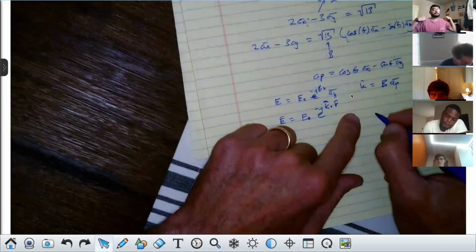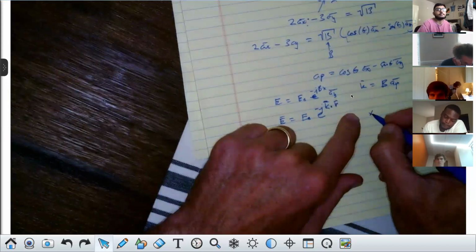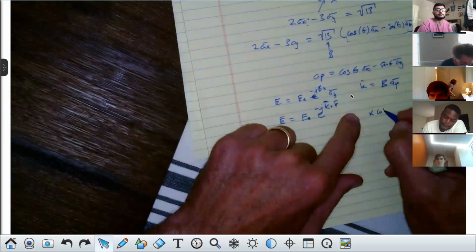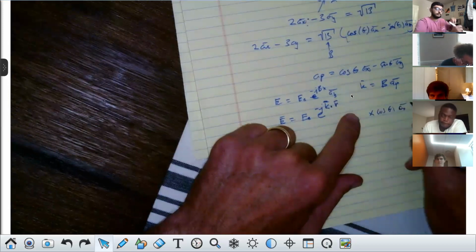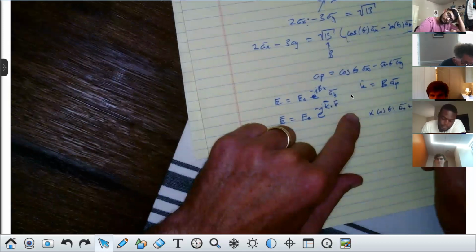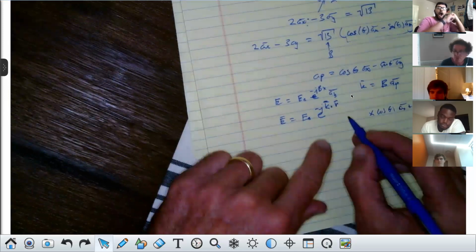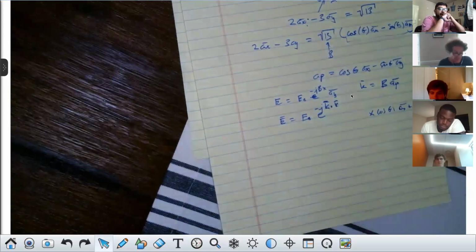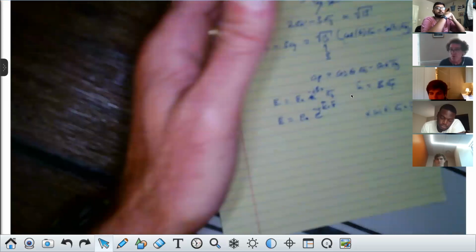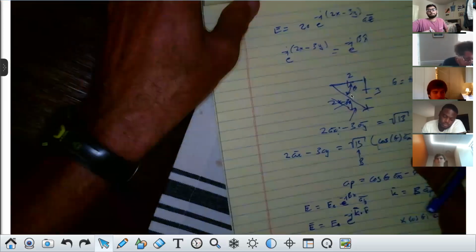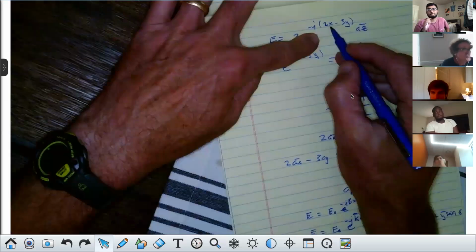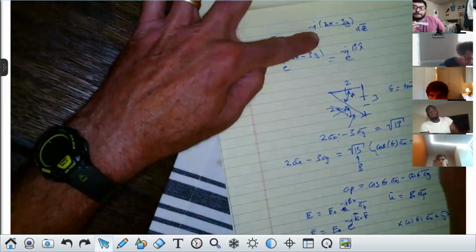Instead of having just x or just y or whatever like this, it'll basically have like x times the cosine of the angle theta incident, and then it will be times ax plus y times the sine of theta incident ay. So this will be a second vector. Now the dot product of these two vectors will just be like 2x minus 3y. Does that make sense to everybody? That's this portion up here I try to show you. But that 2x minus 3y